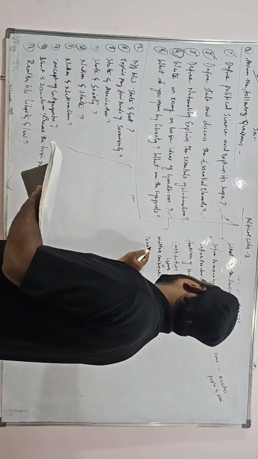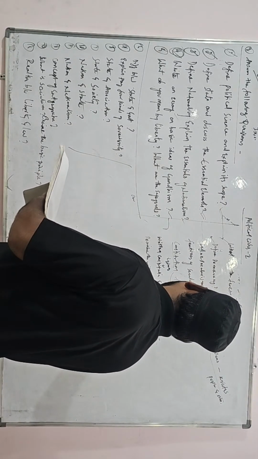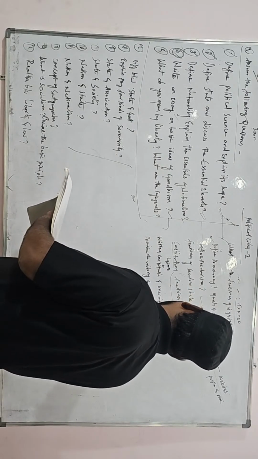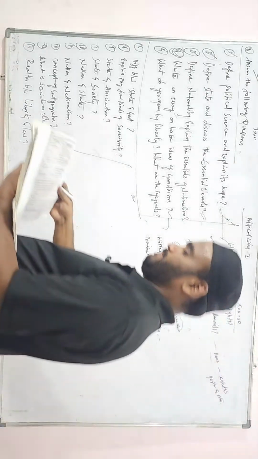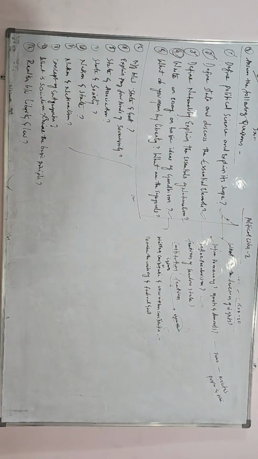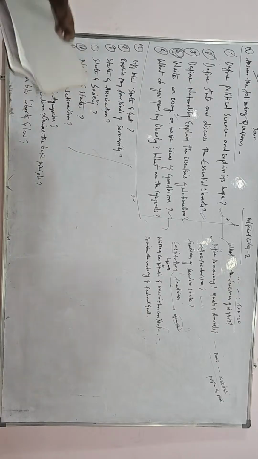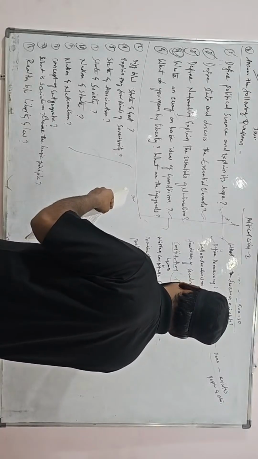Describe the unitary and federal government. Next, parliamentary and